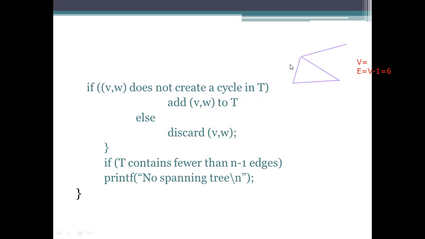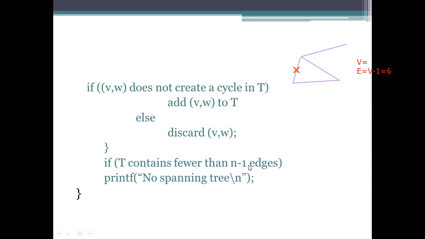If it doesn't create a cycle in the tree, we need to add that edge to the tree. If it is forming a cycle, discarding has to be performed here. We won't take this edge into the tree. We need to discard that representation.